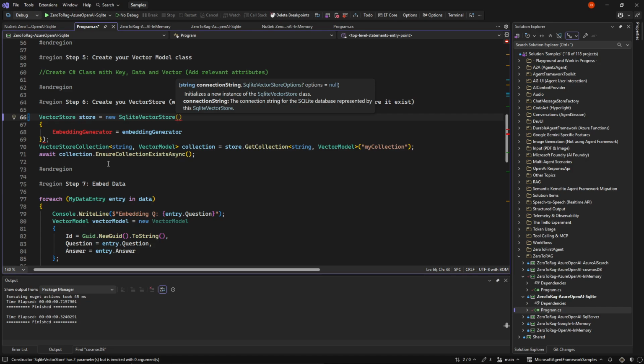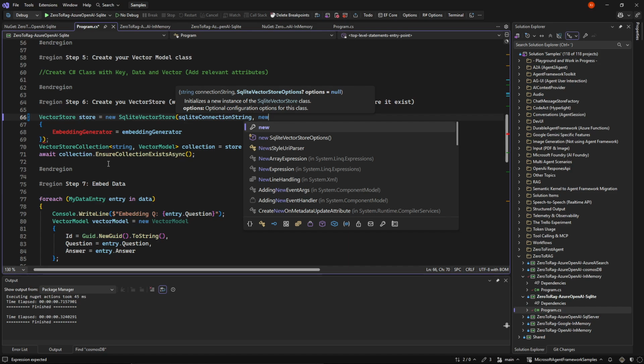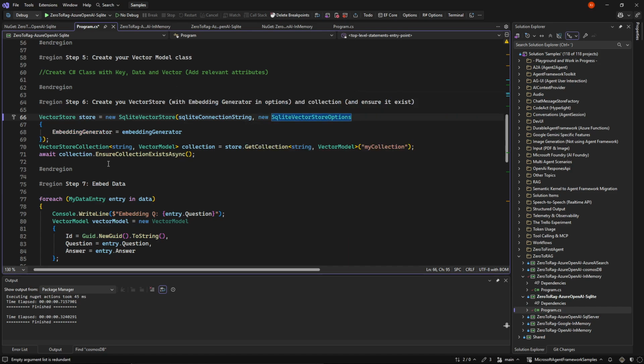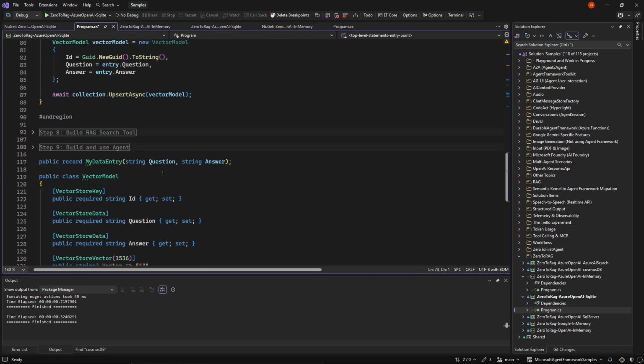Now we need a connection string, which is why I put in the SQLite connection string. And it still needs some options, but those options will be 100% the same. And that is actually it. Put in a connection string and switch to a different store, then everything else works exactly the same.